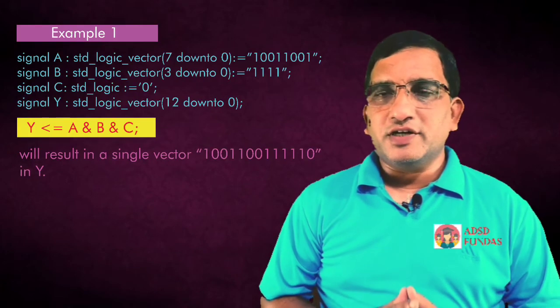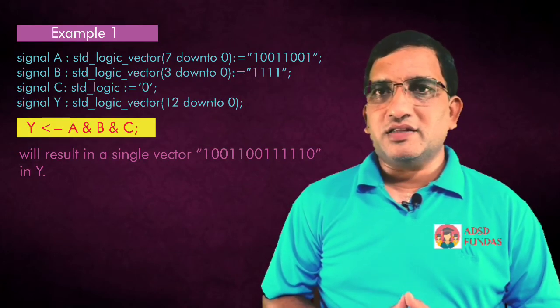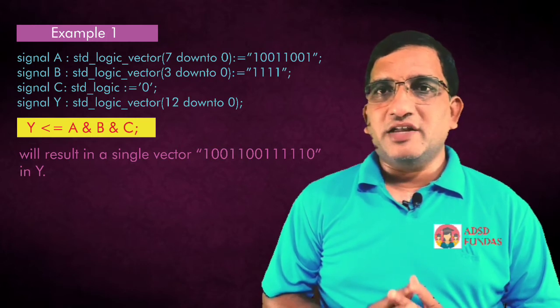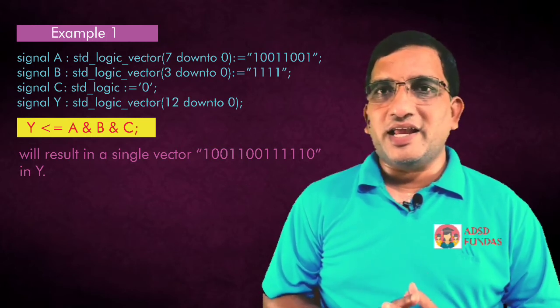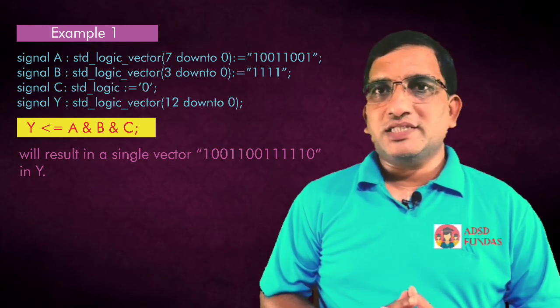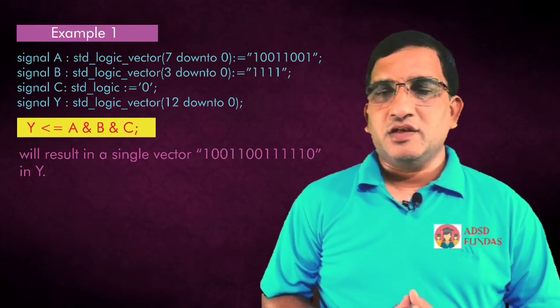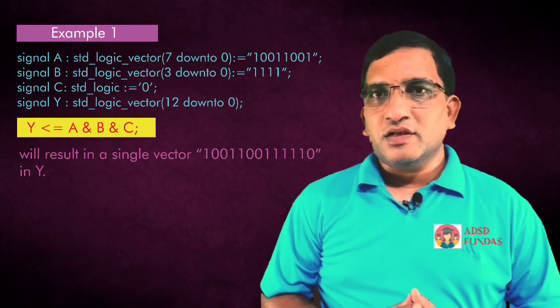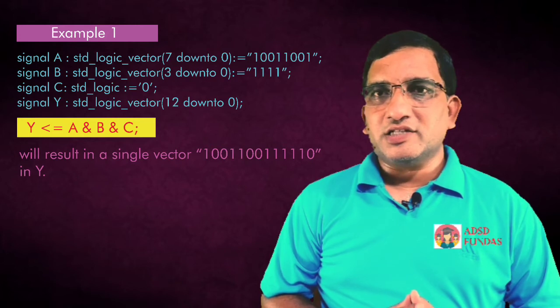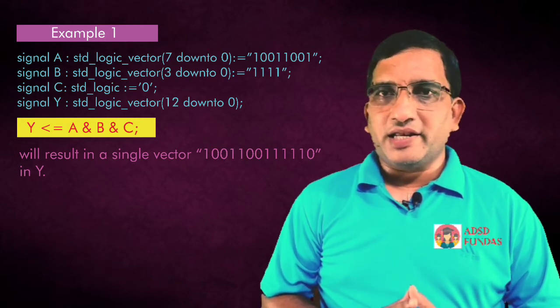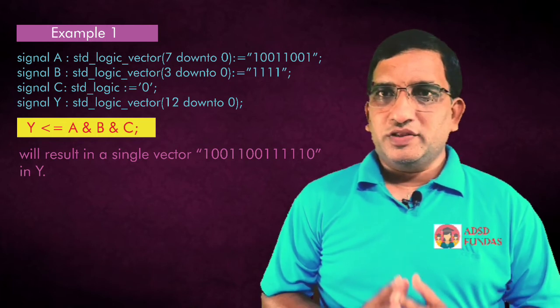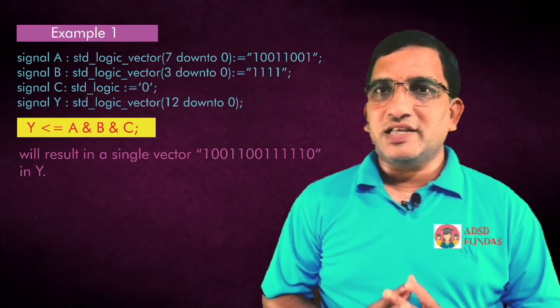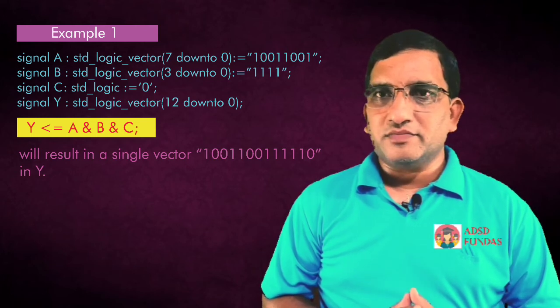So for that I am considering the first example. For the first example, I will consider the three different signals which have different sizes. Let us consider the signal A. I will assume this signal A of 8 bits. So first of all, I will declare this signal A by using the VHDL command as signal A, then colon, then data type of the signal is std_logic_vector, and in bracket I will write 7 down to 0. So this will declare one signal A whose size is 8 bit, and along with it